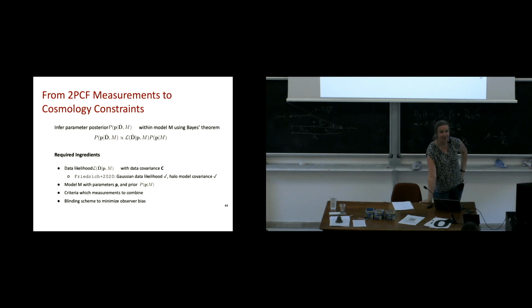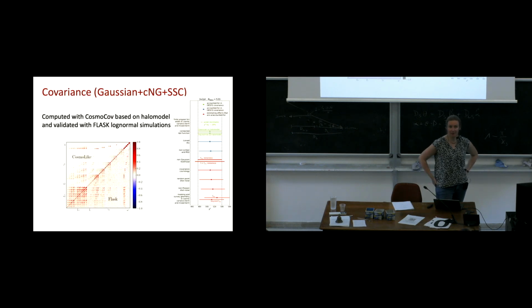So for these somewhat more theory and reanalysis adjacent parts, I thought I would take you through in some more detail. In particular, because I got so many questions about covariances yesterday, let me briefly highlight what we did. So our baseline is using a halo model-based covariance, shown here for the two shear correlation functions, galaxy-galaxy lensing and angular clustering,